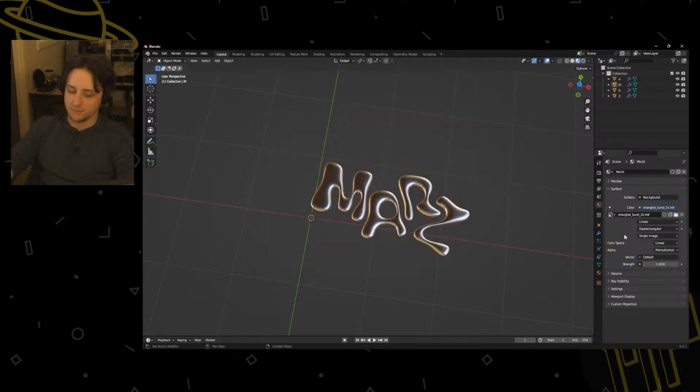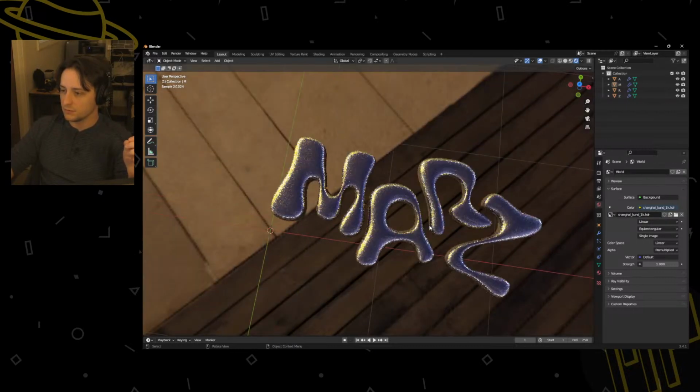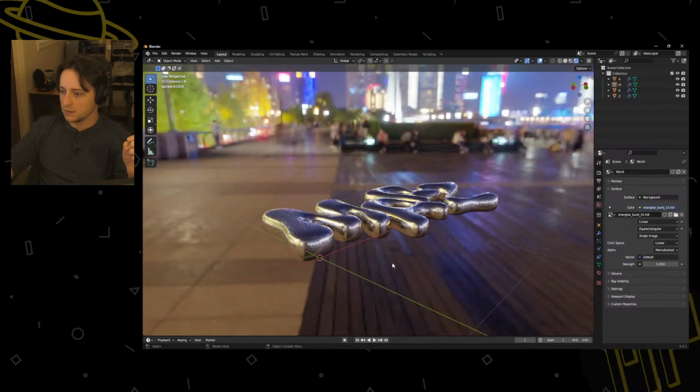You could get these from Poly Haven. They have HDR textures. They have all sorts of models and just regular textures and stuff like that. Definitely recommend checking that out if you need some free resources. But with this now, if we go to our render view, we should be able to see that this is reflecting this environment